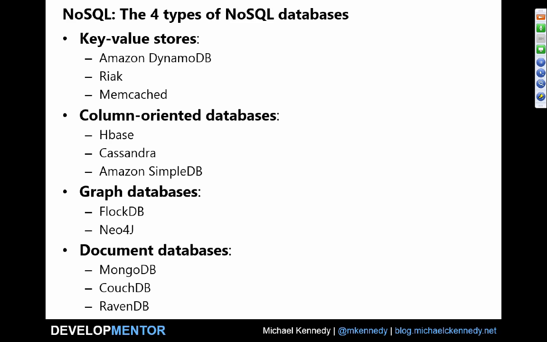Technically, you can add a little bit of metadata and some other additional things. But for the most part, you should think of key value stores as just a primary key and then a bunch of data. This could be a JSON document that's hierarchical. It could be binary. It could be a string. It doesn't matter. To the database, it's opaque, just a piece of data. Under this banner, you might find things like Amazon DynamoDB, Riak, Memcached, things like that.